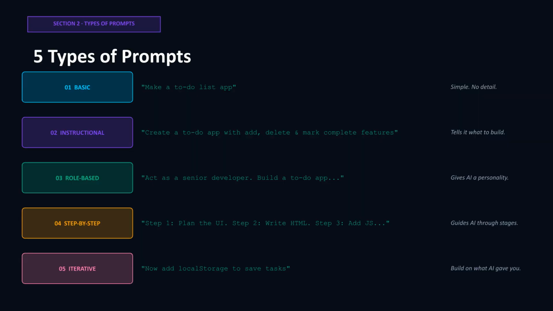We can break prompts down into 5 types. They range from basic, general requests to highly structured, iterative commands that build complex projects. As we progress in this video, we will see how moving from basic to specific, role-based prompts significantly improves our